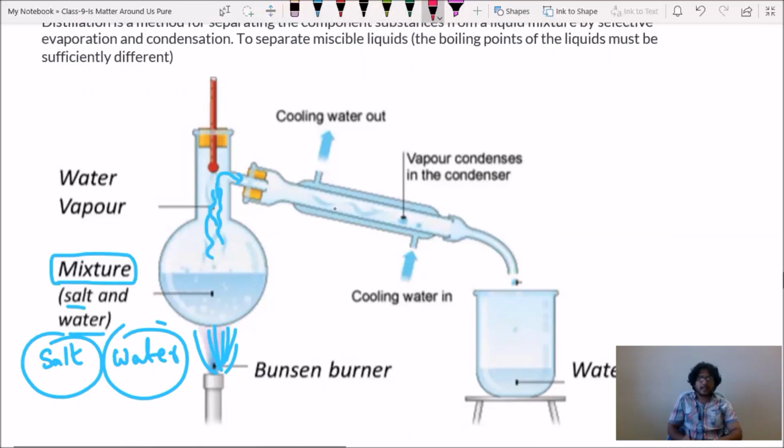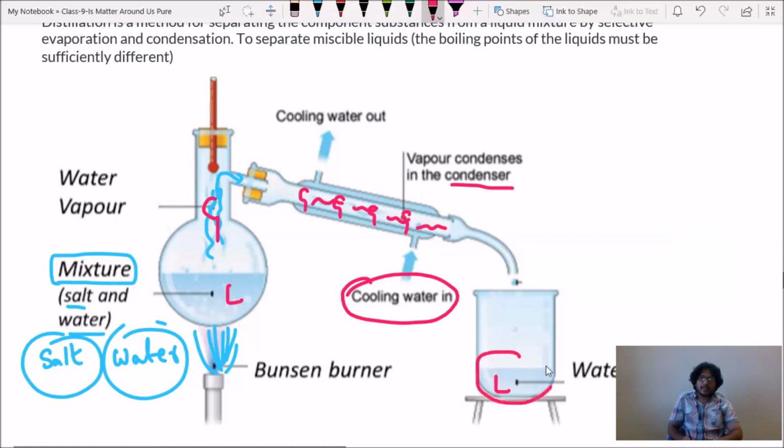water will enter into this chamber, which is known as the condenser, and those vapors will move out to the condenser. Again, if you are cooling this condenser, first of all here water will be in liquid state, it has become gaseous state, that gaseous state is flowing here, again after cooling that gaseous state again it will become liquid state. Here completely we can remove water and at last you can observe all salt particles will be present inside this beaker. Like that we can separate salt and water from it.